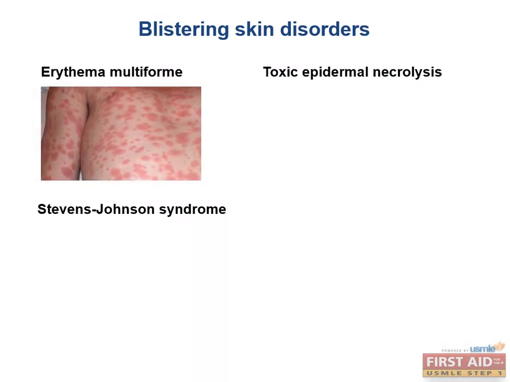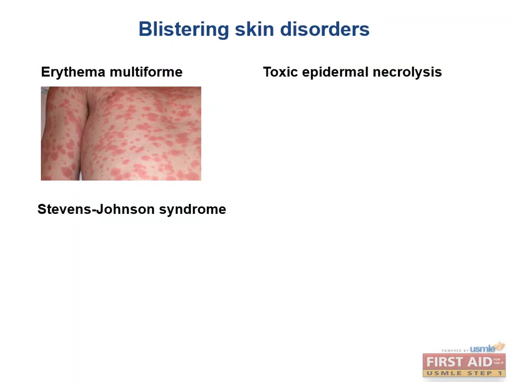EM classically shows a number of different lesions, usually with macules, papules, and vesicles, and some targetoid lesions, which is a classic finding. Many drugs can cause EM, including sulfa drugs, beta-lactams, and phenytoin. Additionally, you may see EM as a result of certain infections, like mycoplasma and HSV. The much less common association made on the board exams. The other even less common possibility is that EM results from cancer or an autoimmune disease. It's worthwhile to know these associations exist, but you should keep EM strongly linked to adverse drug reactions for the